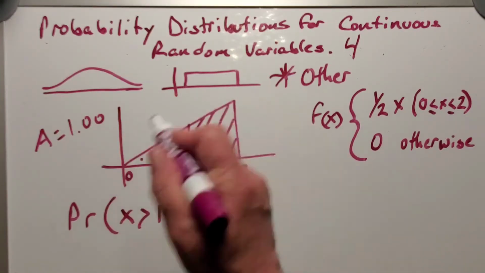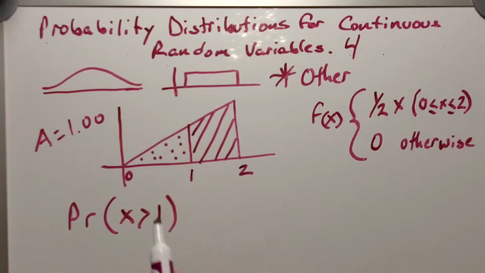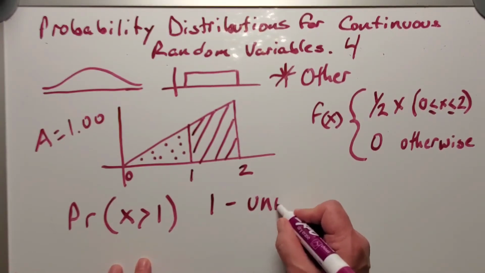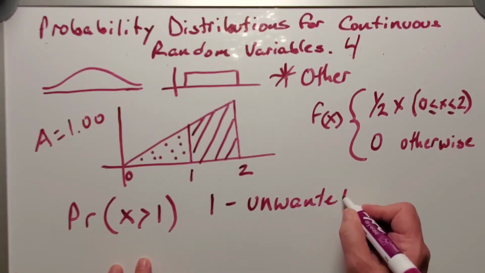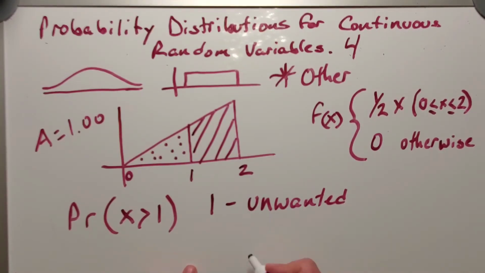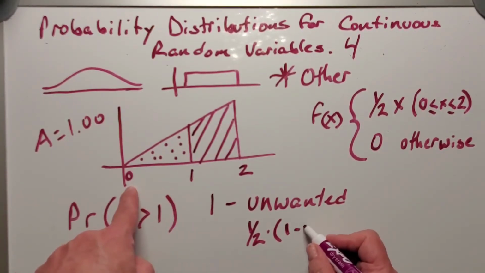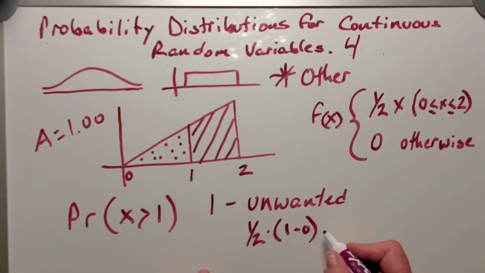Since we know the area of the whole distribution is 1, we can find the area of the unwanted zone to the left and subtract it from 1, and what we'll be left with is what we do want on the right. So let's go ahead and do that. I'm going to find the area of this unwanted triangle. So it's going to be 1 minus the unwanted portion. The unwanted portion is 1/2 times, because it's a triangle, base 1 minus 0, that's the base length, times